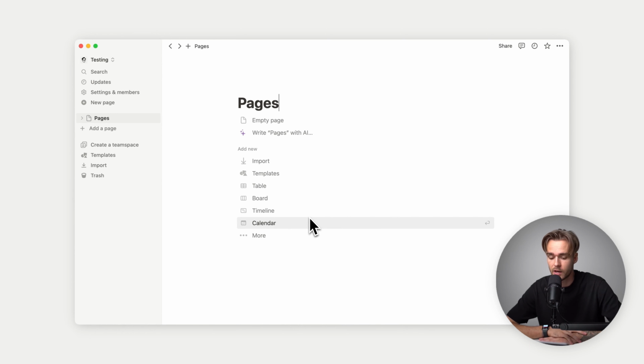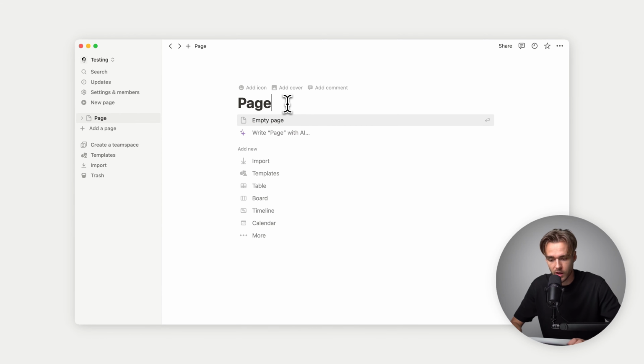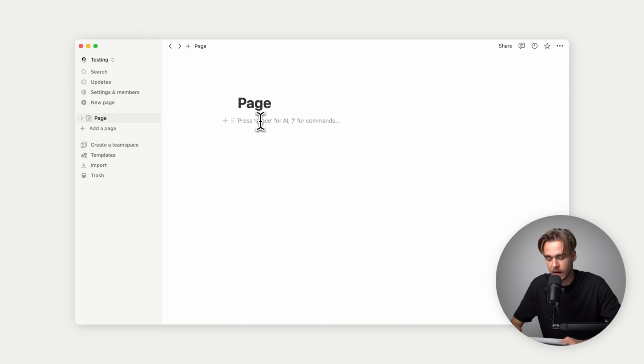So Notion pages. This is the main essential thing where basically all your information will be stored. Okay. So we have this page. Let's for now just call it page. Okay. So if I click enter, I see that I can write things down. I can list information inside this page. We will get to the point where we will be creating a lot of different properties, but now let's stick